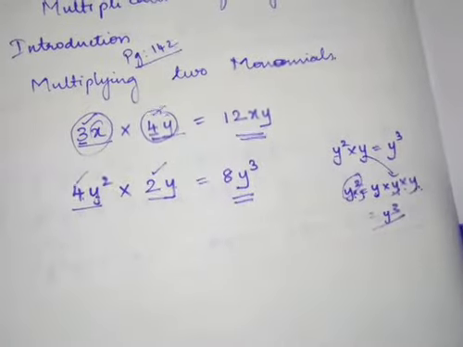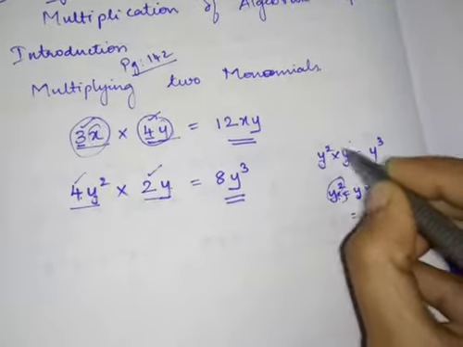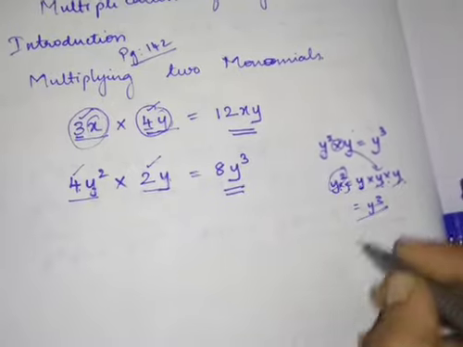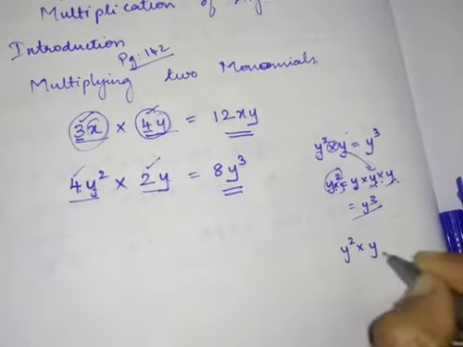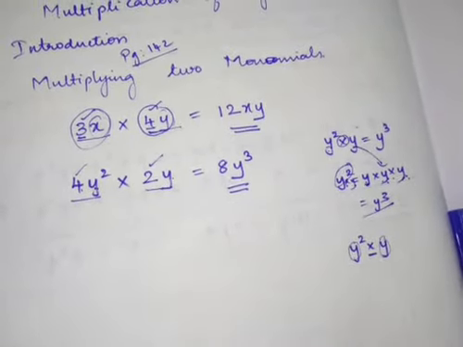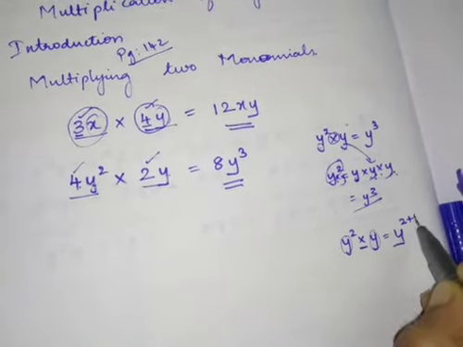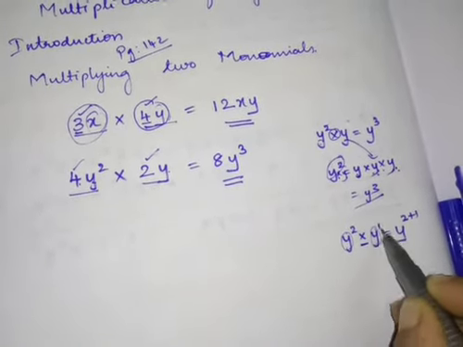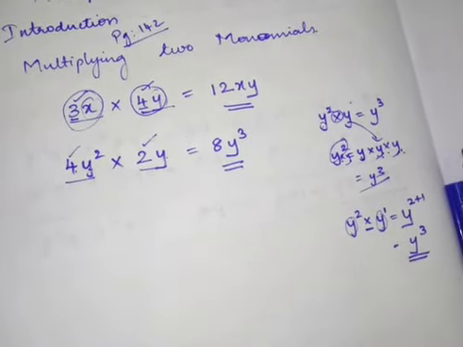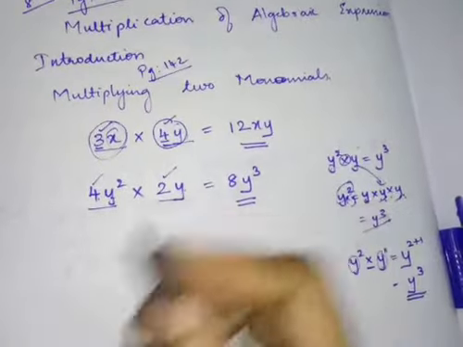Or you can say it in another way. When you have the same base and different powers, you can add the powers when it is multiplication. Yes, you have learned this in exponents, right? When you have the same base, what does it mean? This one, y, we have the same base and it is multiplication. So you will put the same base and you will add the powers, 2 plus 1. Here 1 only means, right? y means y power 1. y power 2 plus 1, 3. y cube is the answer. So 4y square into 2y is nothing but 8y cube.